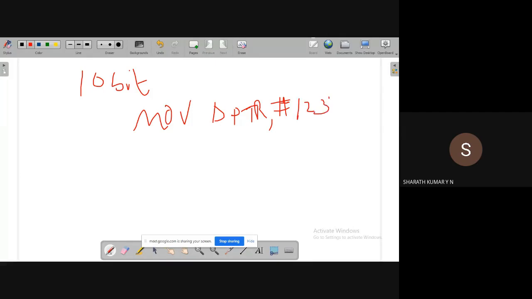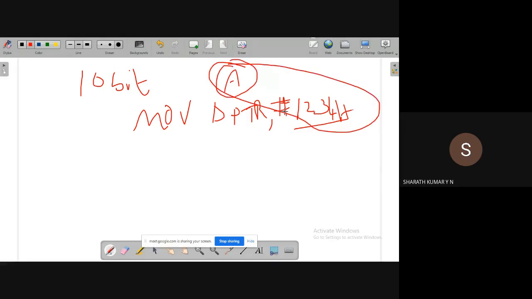Last class we took this example, where 1234 is the 16-bit data. If you replace DPTR with A in this case, the compiler says something is wrong with the instruction, because the destination is an 8-bit location and the source is 16-bit data. So this is an example for 16-bit data.